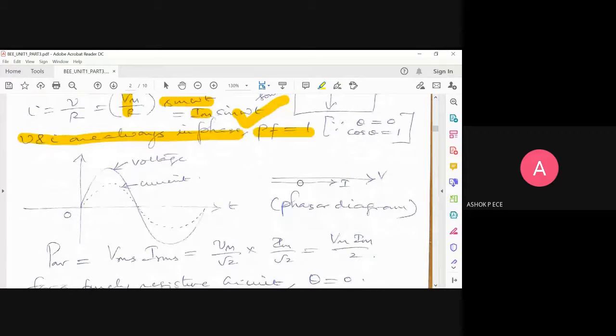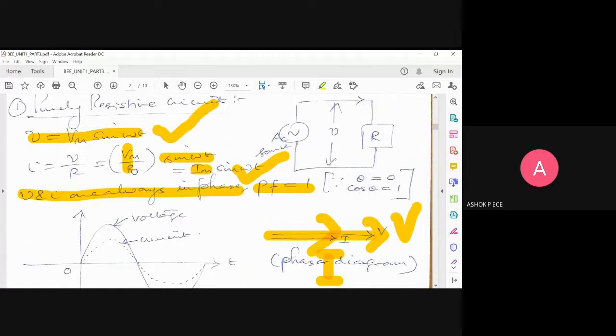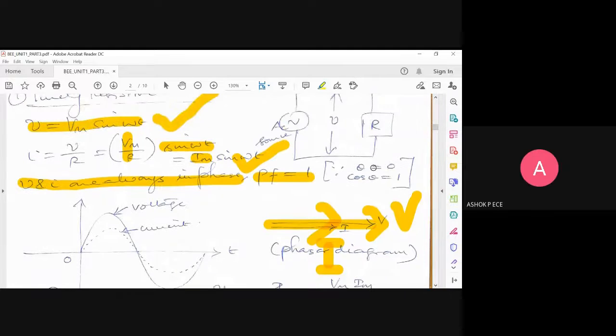Okay. So if you draw the phasor diagram, you will draw V along the reference axis, the x axis. You will draw I also along the same direction, indicating that both are in phase. Either voltage can come first or current can come first in the same direction. It depends on the value of R. If the resistance value is very large, V will come, then I will follow. If the R value is very small, I will go first, then V will follow. But they both are following the same direction. There is no phase angle at all between them. Can I say they are parallel? V and I are parallel.